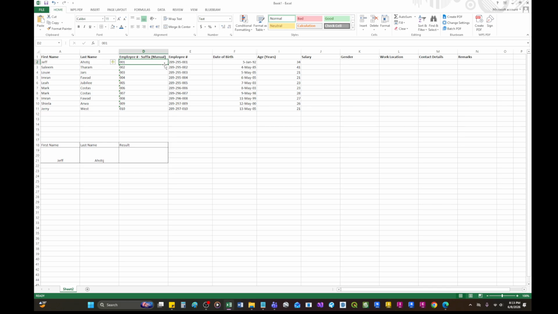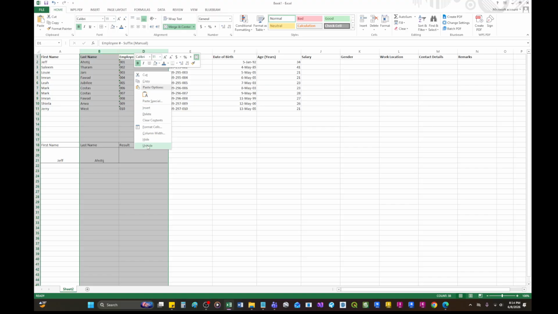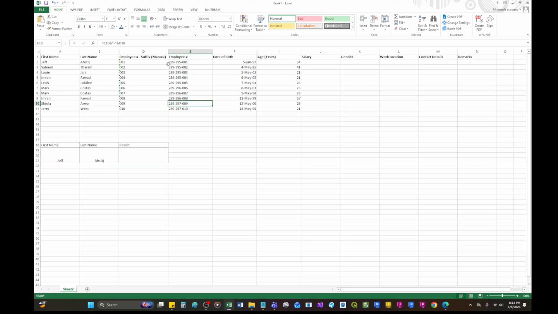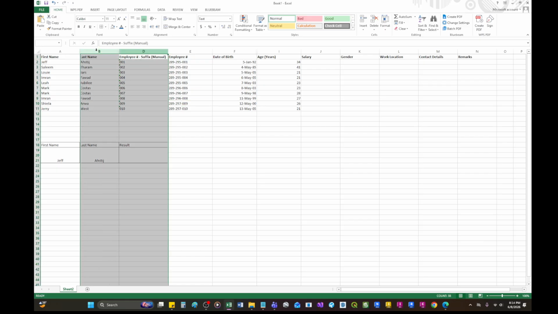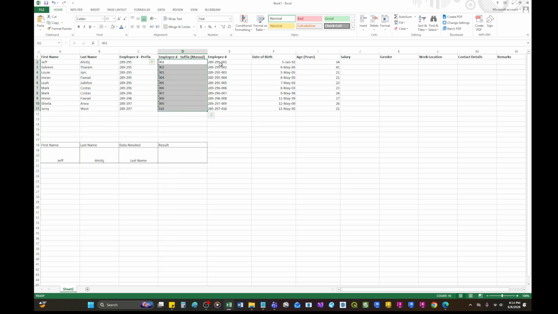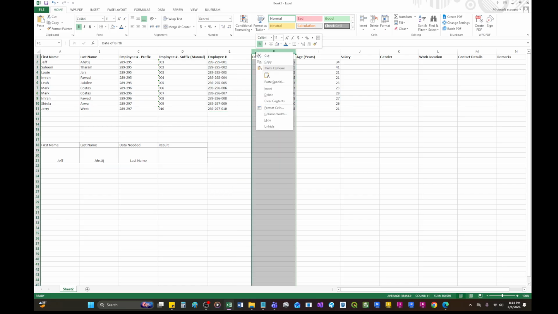And then here, as of now, for this employee number, for the prefix, there's a decided prefix for these people here. What we are inputting manually is the suffix, meaning the last three digits of this number. So if we put the last three digits, automatically this employee number will be created. We can do it the same as this one also. If there's no input here, it will be zero here. Let's try to do this one as well.